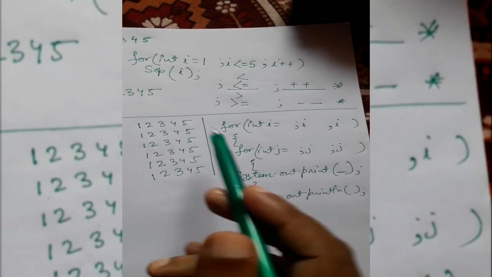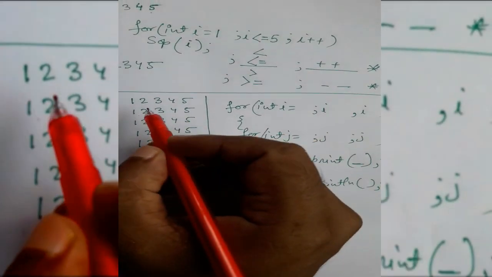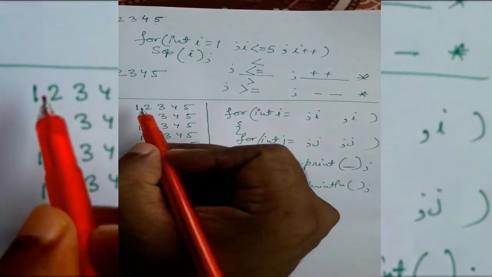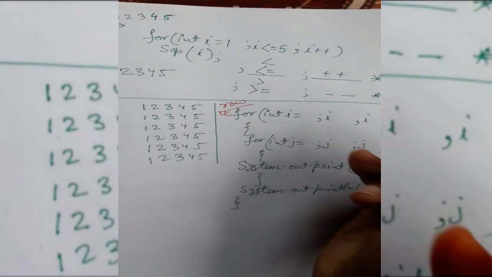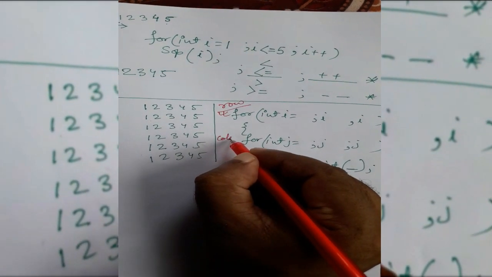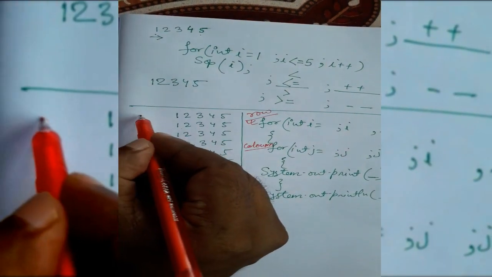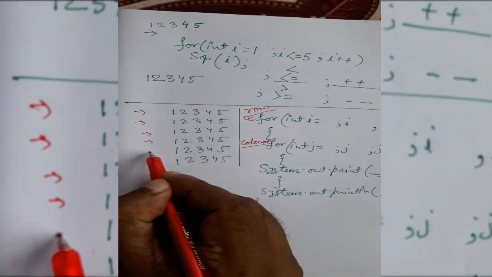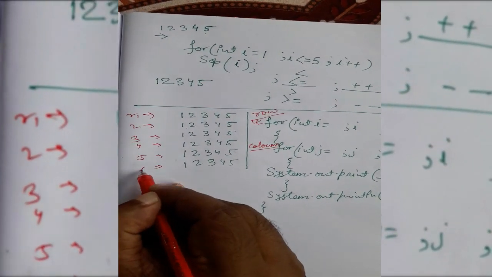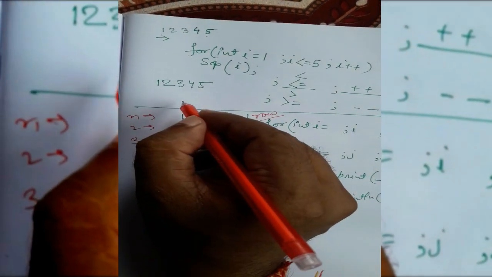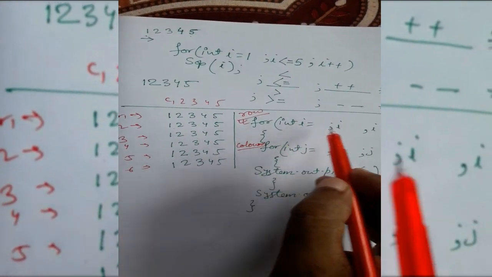Whatever we do, we have to write this part. See what will be there. Now check that the outer loop is for rows and the inner part is for columns. So row means this one row, these are rows. How many rows? Rows are 1 2 3 4 5 6. We have 6 rows, and we have 5 columns: 1 2 3 4 and 5. So we have 6 rows.